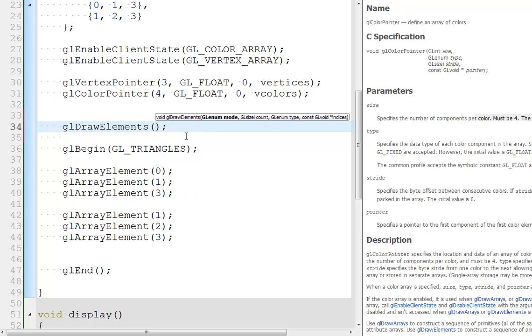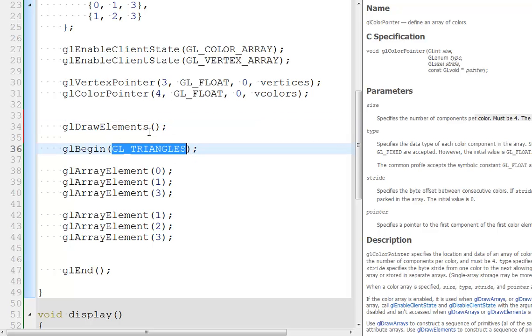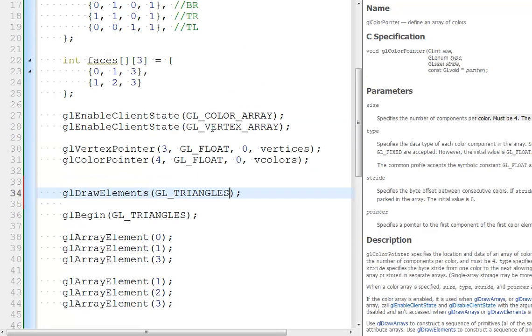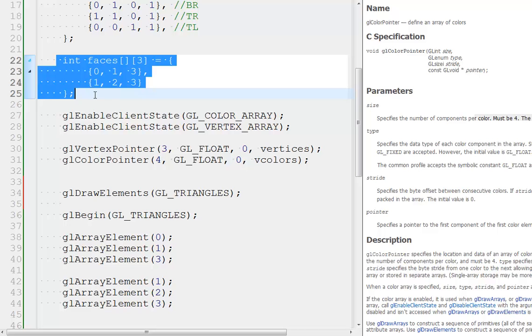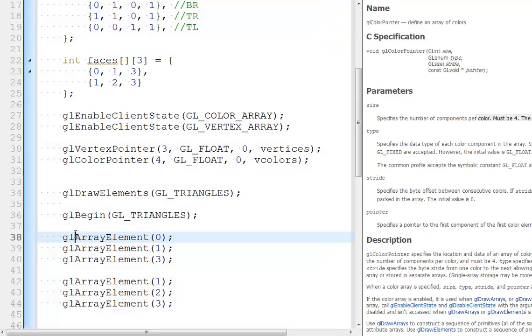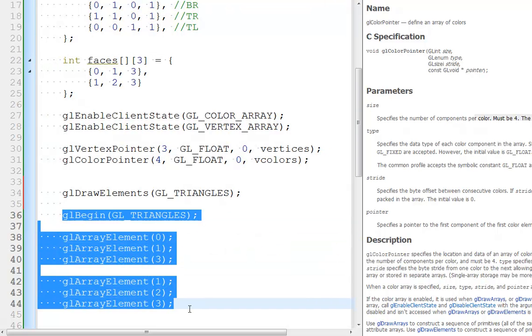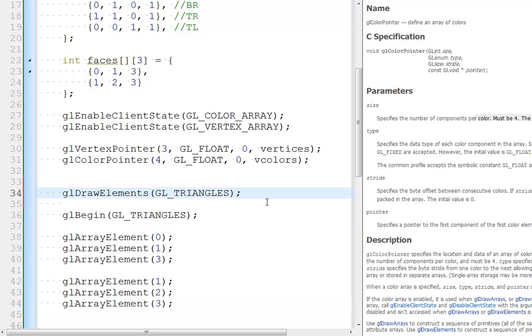And I pass it the mode, which is this. I want it to use the indices here. I'm going to pass in these indices, and it's automatically going to issue all of these statements for me. So I'm going to tell it to do triangles, and that there are going to be 6 things coming in. That they're ints,